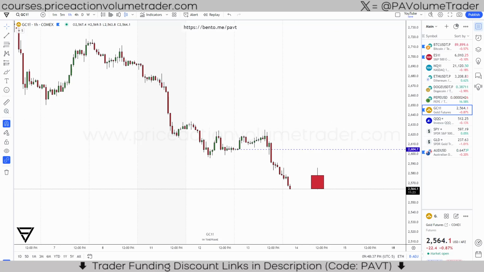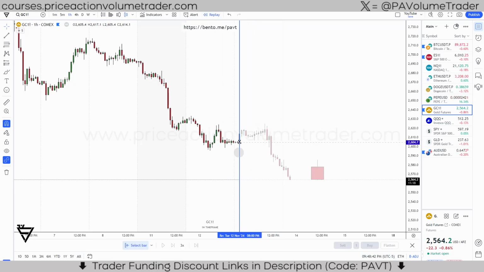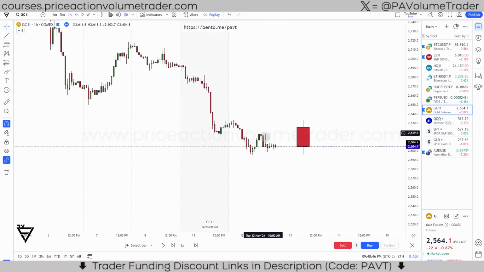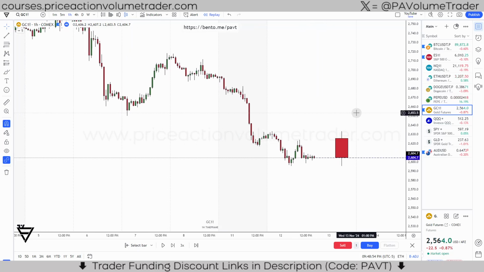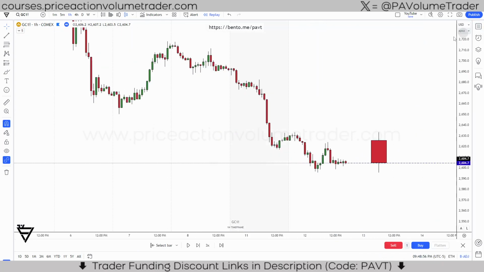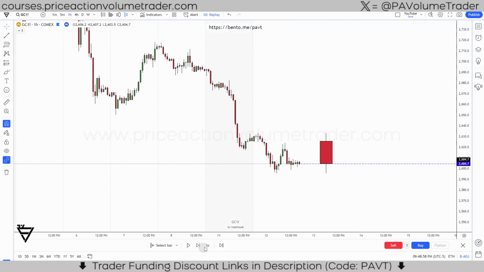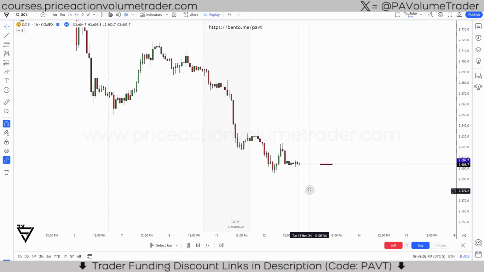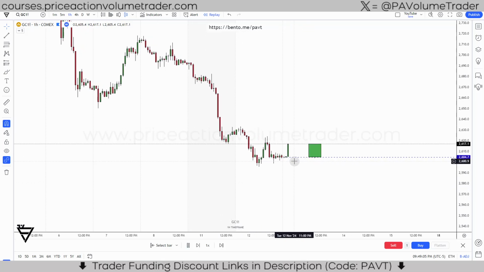If we go and start our replay, right here, this was the close from this day, from Tuesday, closing right near the bottoms. We had this strong bearish candle. And now let's start playing. So we open up on